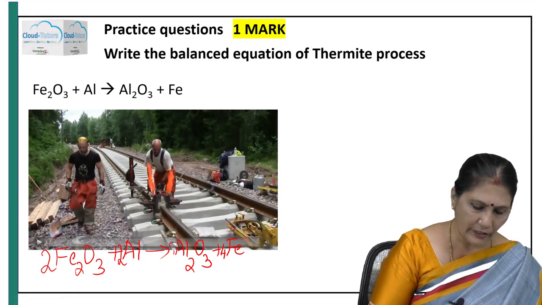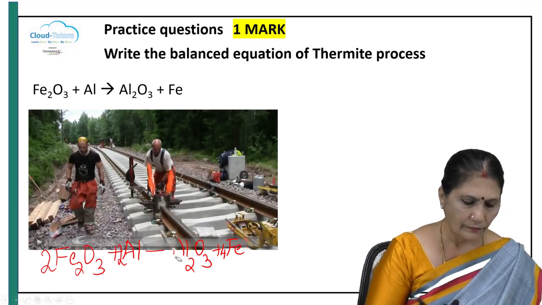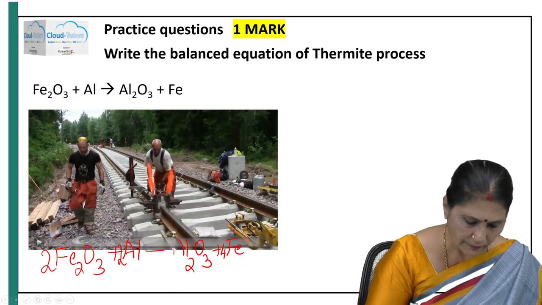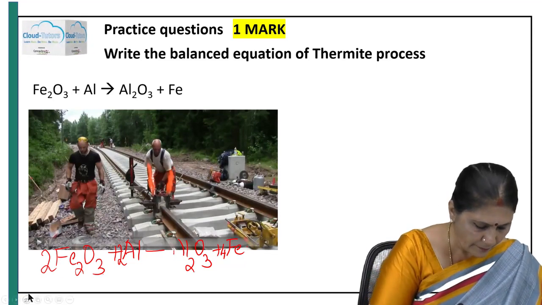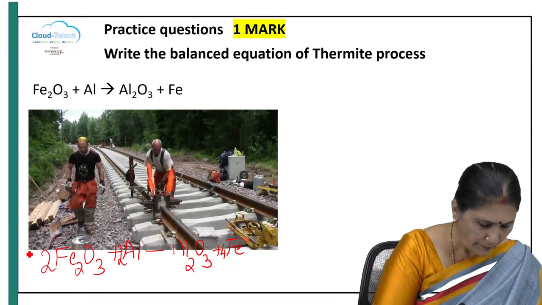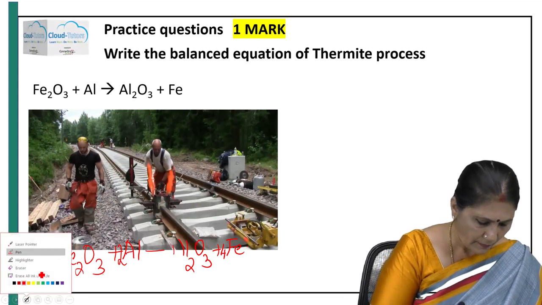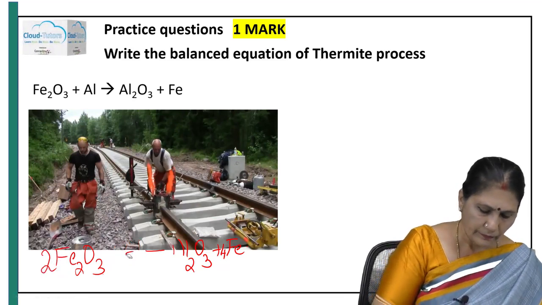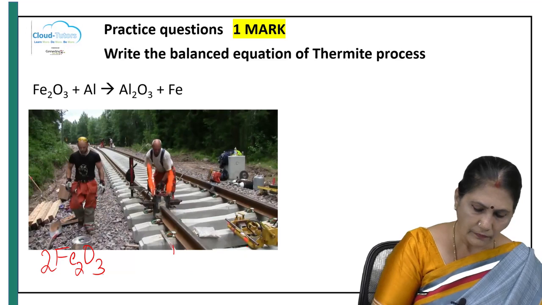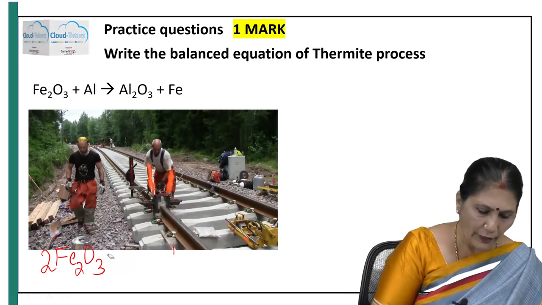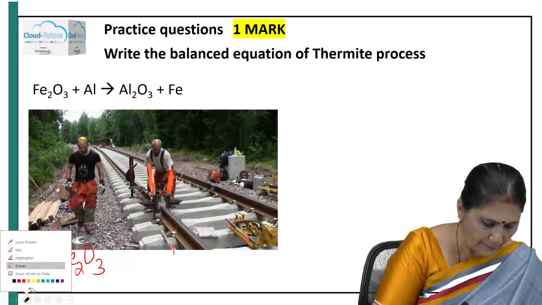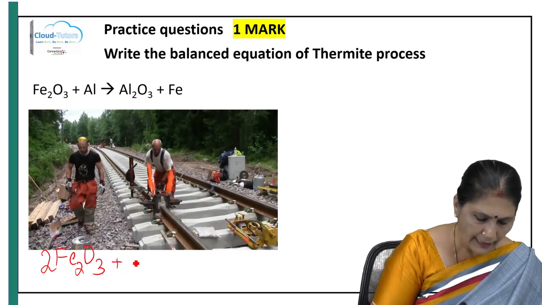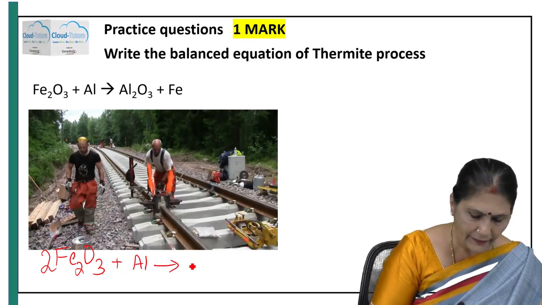Let me write the equation here. I will just rub this. Fe2O3 plus Al gives